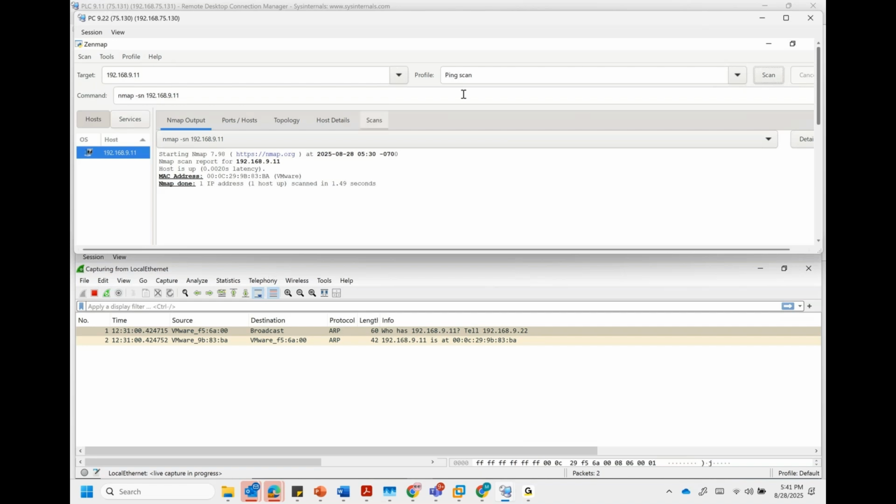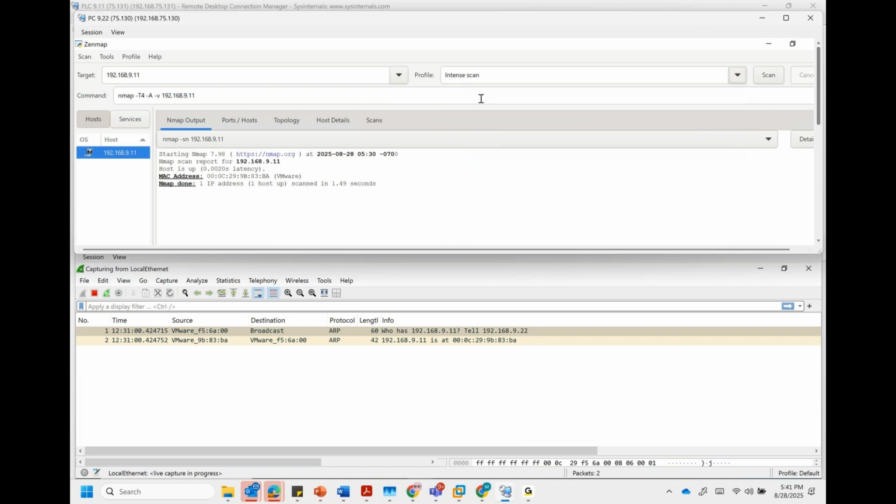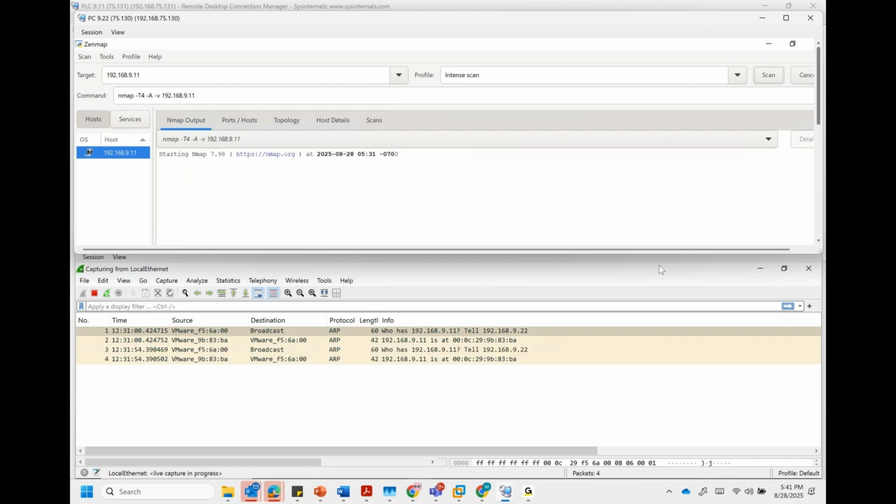The issue is that in most cases, when you're doing scanning, people try to do this intense scan. Let me just scan the network and see what you see down here. It's going to take a few seconds. There you go.